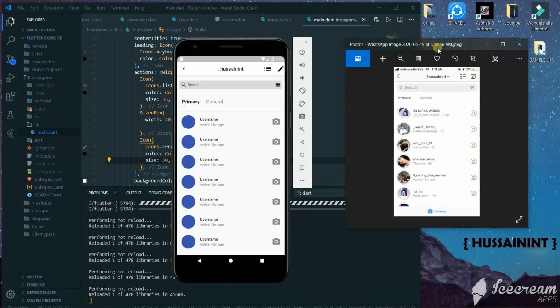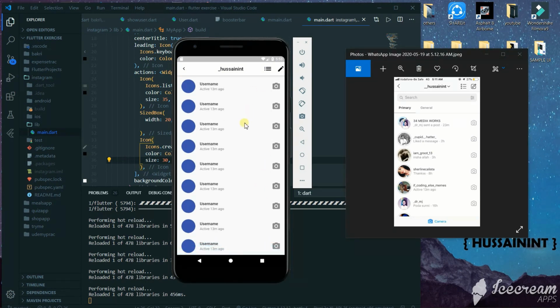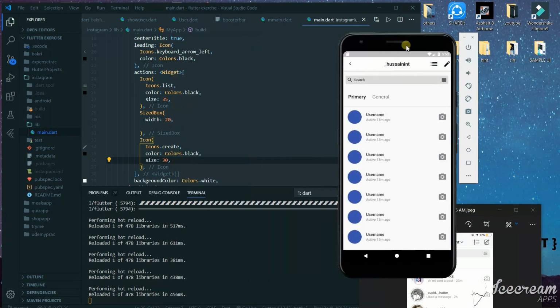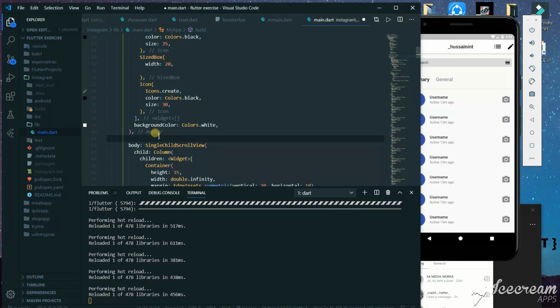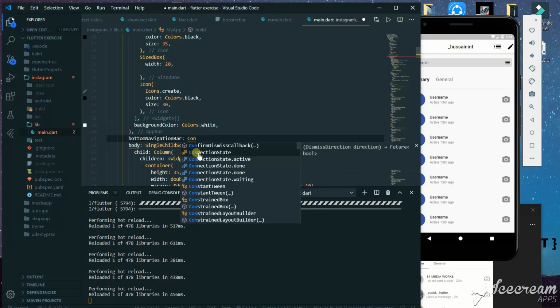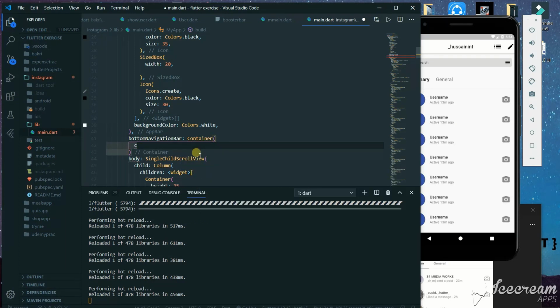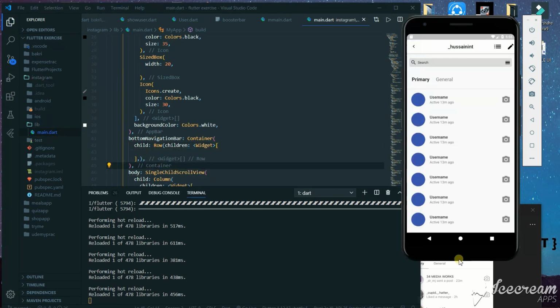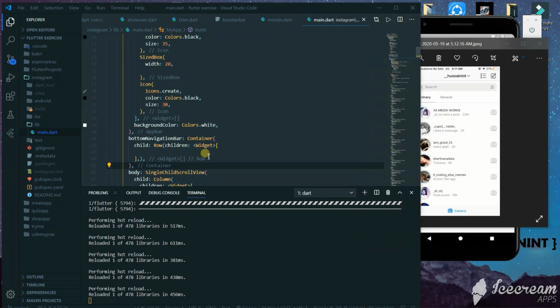Now we can see that it looks pretty similar, but we forgot one thing, that is the camera section which is at the bottom. For that we have a property called bottomNavigationBar inside the Scaffold. It will contain a Container and we'll give this a child. Inside that we'll give a Row because we need an icon and a text.